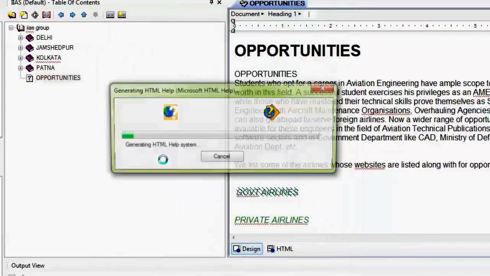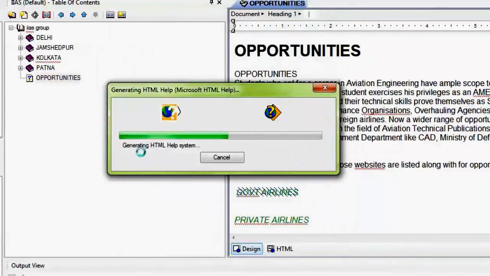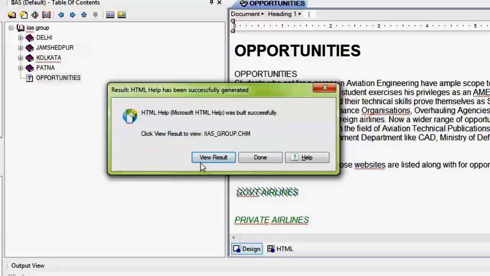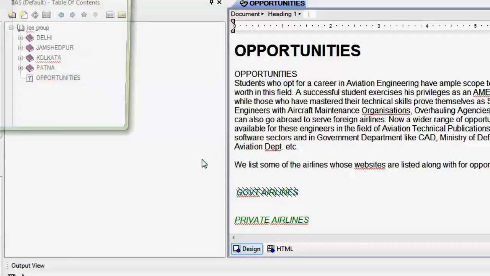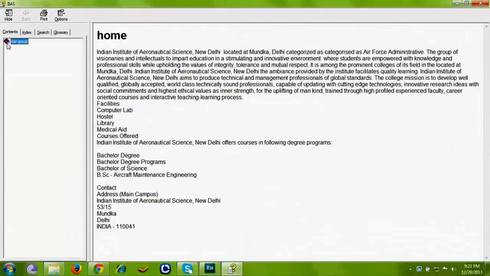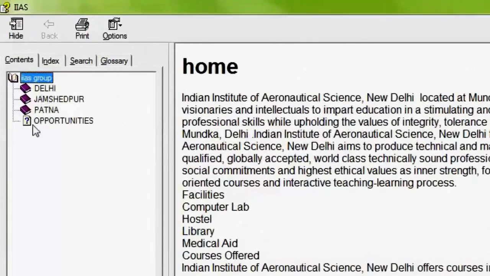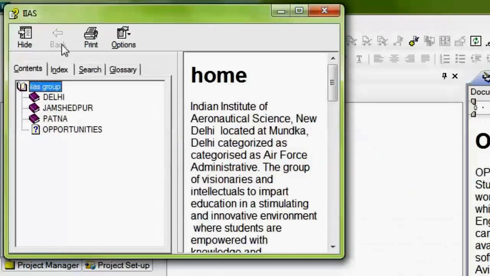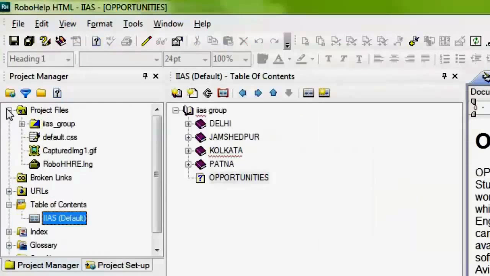Now our HTML help system is generating. I'll view the result and I'll show you how it works. You can see that in our output, the Kolkata folder is not available because we have applied a conditional build tag on Kolkata.